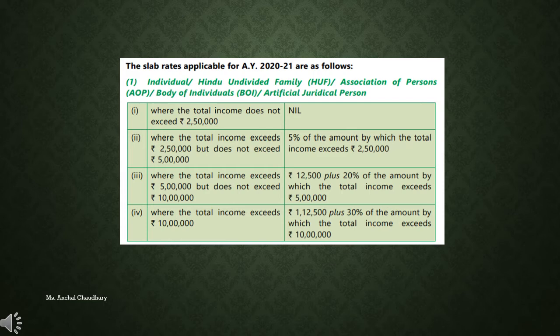But students, just remember that whatever amount is up to 2,50,000, that will be nil. You will not pay any tax on that. So whenever you are earning some income, say your income is rupees 3 lakh, you have to pay the 5% tax on your 50,000 only, because up to 2,50,000 the amount is nil.